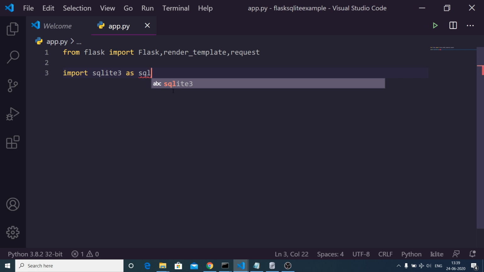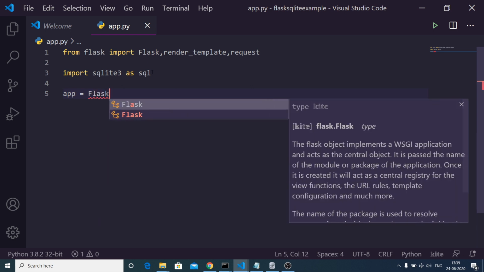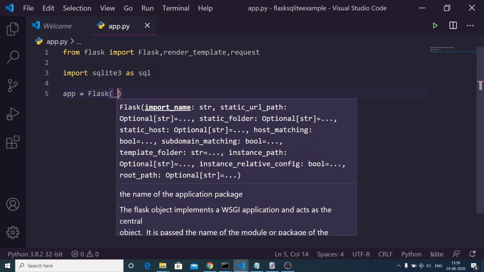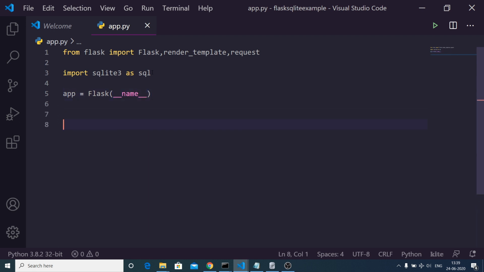So basically we are giving an alias here. We are importing the sqlite3 library and using it as this alias, which is sql. After this we need to declare an app variable, which is Flask, and inside this we need to pass __name__. This is the standard way to initialize any Flask application.